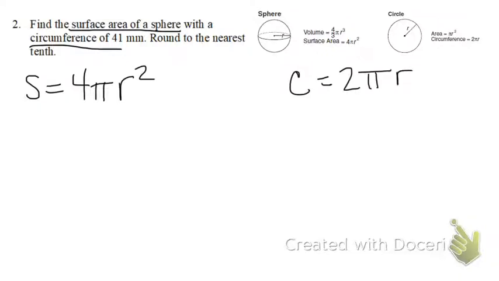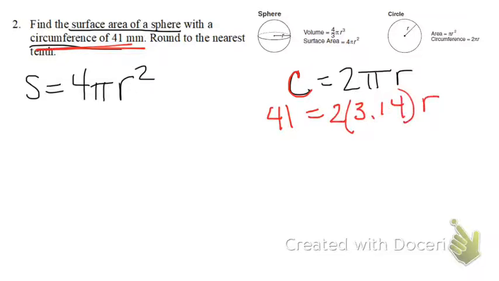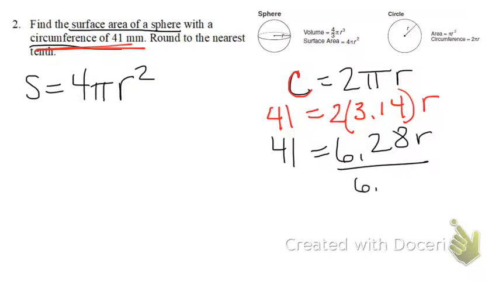Okay, now reread the question again, see what was given. The circumference is 41. So go to the C and replace the circumference with 41. Bring everything else down. Bring down the 2, replace the pi with 3.14, and bring down the r. Now I can solve for r. Multiply the 2 and the 3.14, and you get 6.28, and bring down the r. Divide by 6.28 on both sides to solve for r. So 41 divided by 6.28, I get that r is approximately